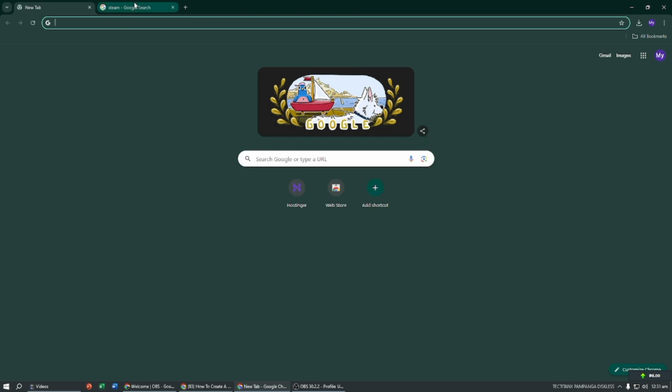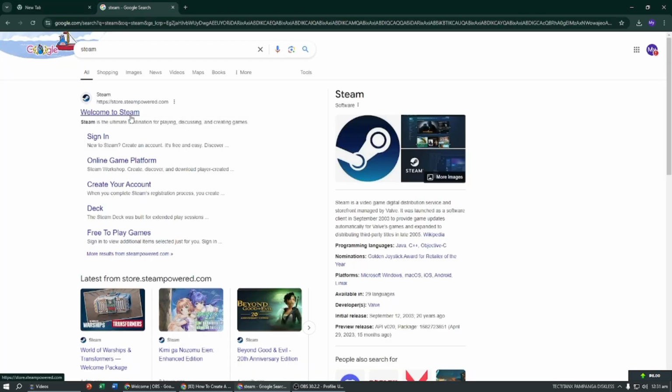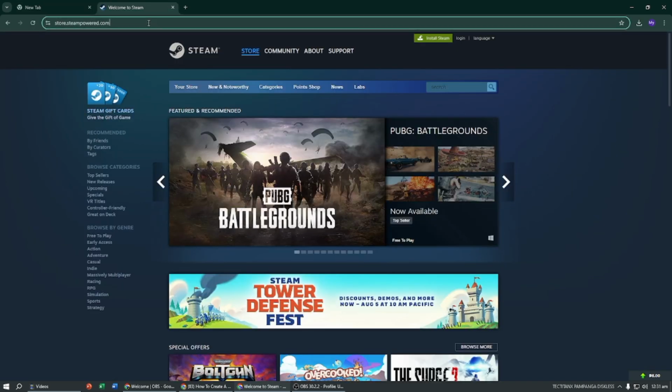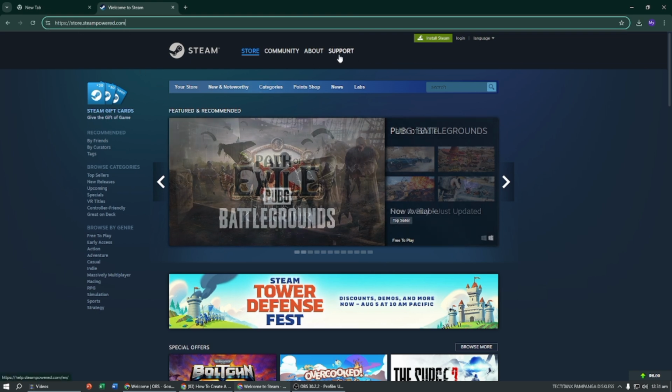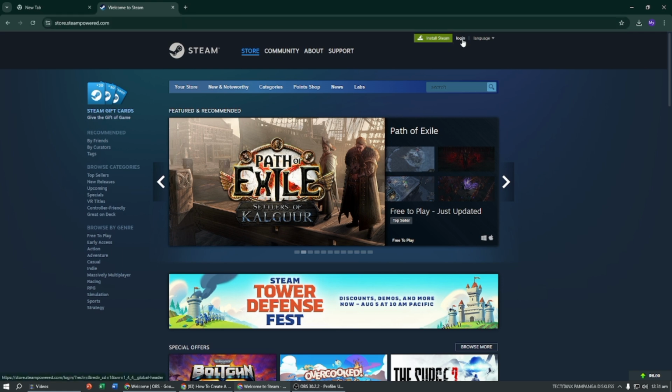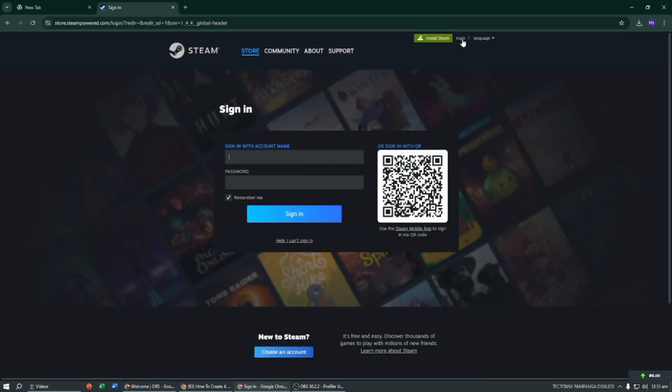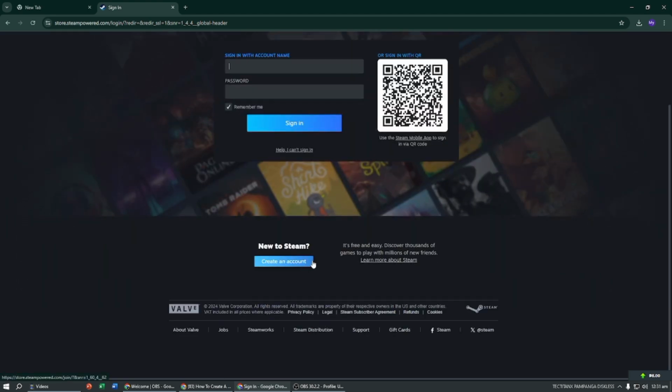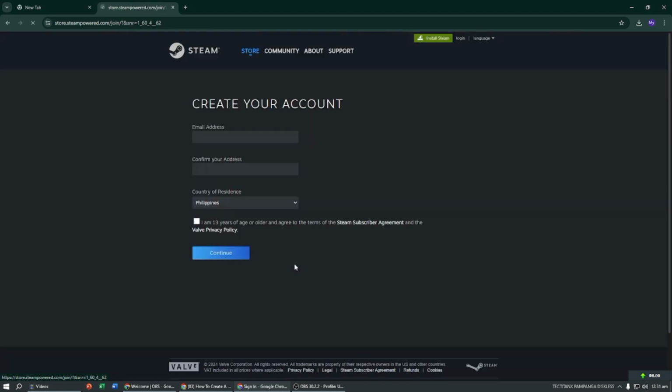To create a Steam account, start by visiting the Steam website, or by searching for Steam in your preferred search engine and selecting the official website link. Once there, click on the Login button located at the top right corner of the page, even if you don't have an account yet. On the login page, scroll down until you find "New to Steam? Create an account," and